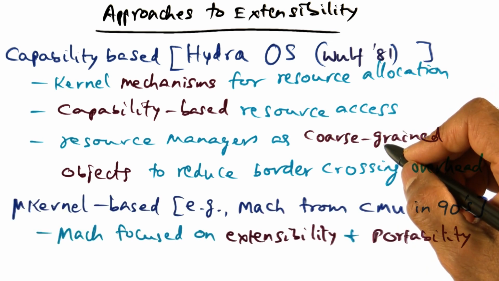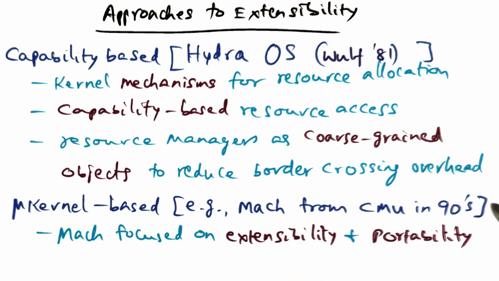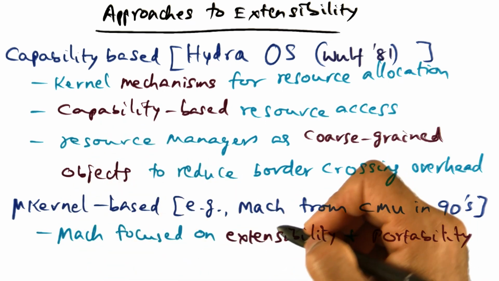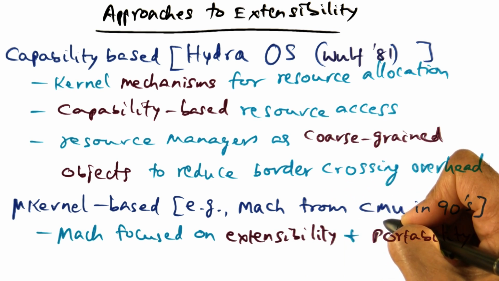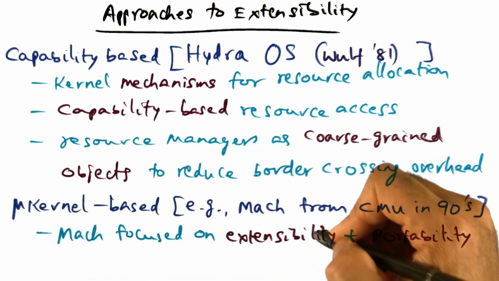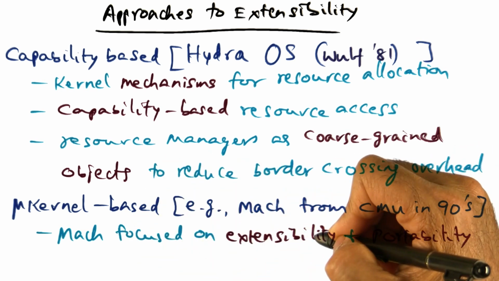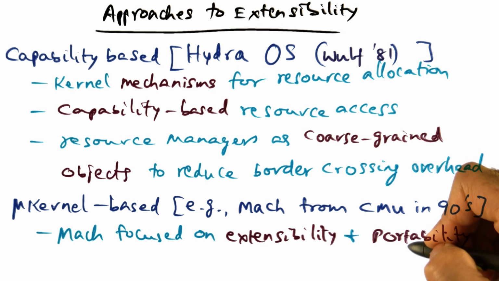One of the most well-known extensible operating systems of the early 90s was the Mach operating system from CMU. It was microkernel based, providing very limited mechanisms in the microkernel and implementing all the services that you expect from an operating system as server processes that run as normal user-level processes above the kernel. And clearly, with this microkernel-based approach, Mach achieved its goal of extensibility. So it focused on extensibility and portability. The key word is portability. And therein lies the rub.